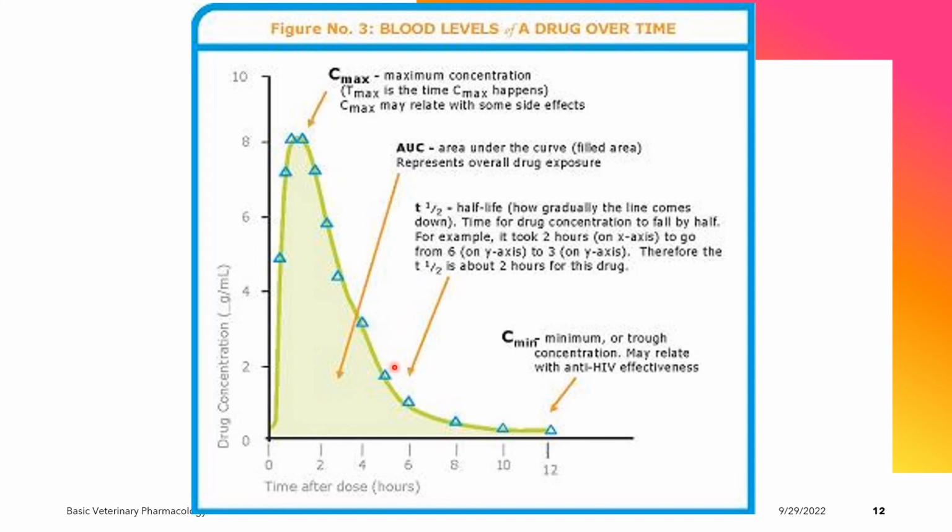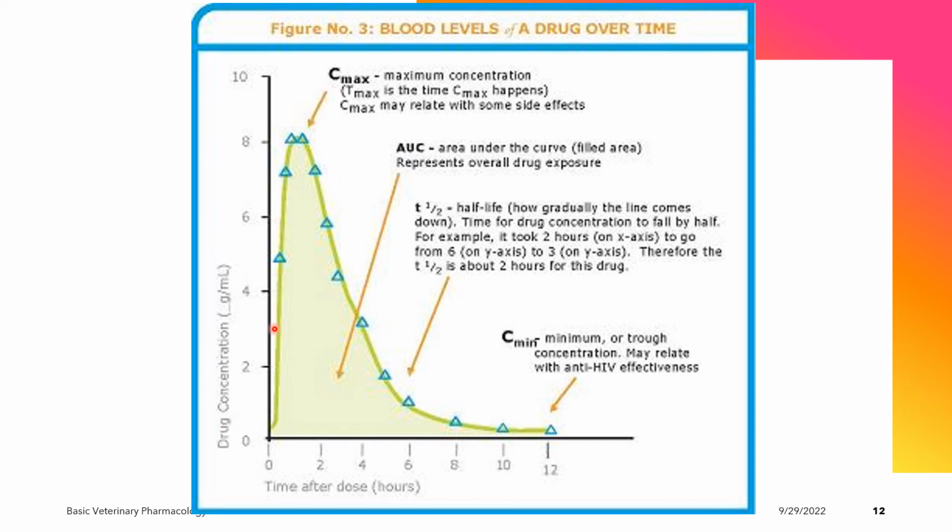An example of that is, it took 2 hours on the x-axis to go from 6 to 3 on the y-axis. So we have here the 6 and the 3 on the y-axis. This is the 3, so 4, 5, 6, here is the 3, then 6. So when we compare how long it would take for a drug to be eliminated from the body when the concentration goes from 6 to 3 on the y-axis,